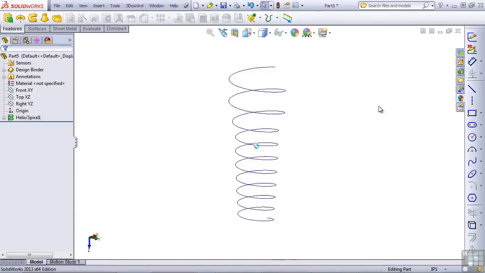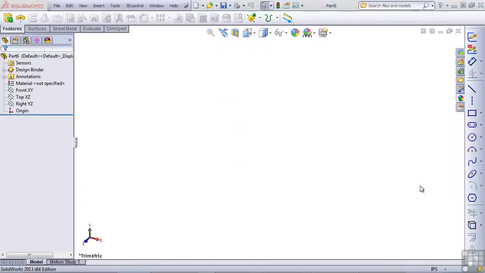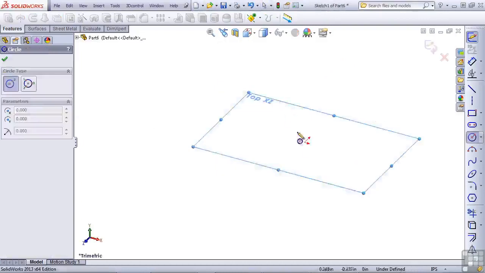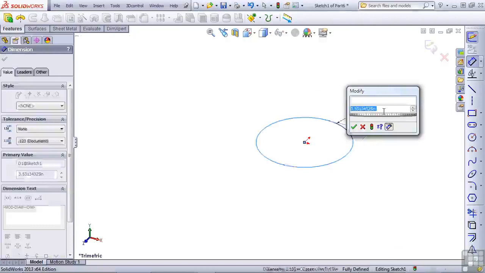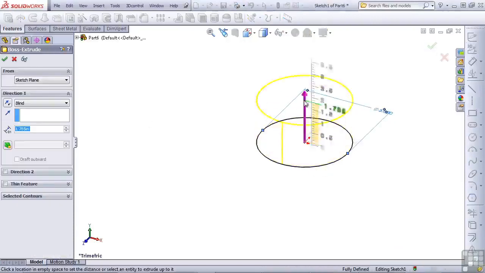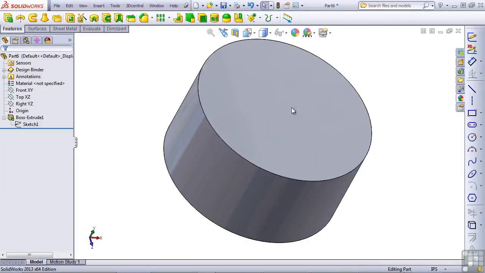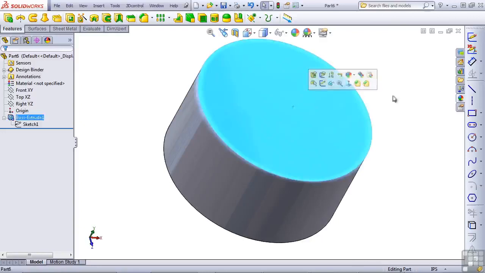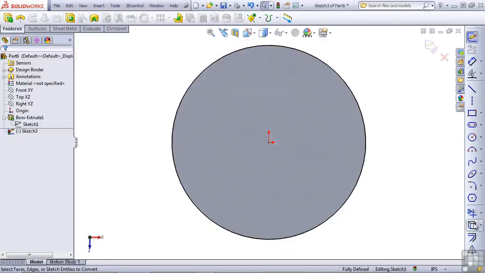In order to create a thread, I want to use a more consistent helix than this one, so let's create a new part, another circle on the top plane. And this time I want to extrude the circle first. You cannot reuse a circle used for an extrude to create a helix, so one way to get around that is to open a sketch on a plane or planar surface and use the Convert Entities tool, and from there,